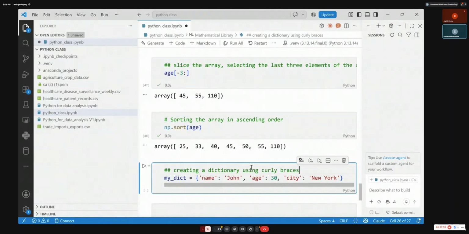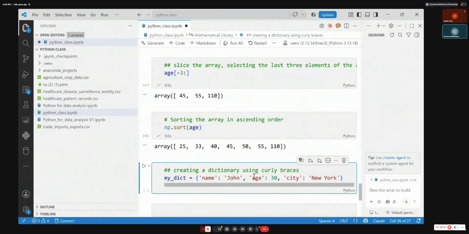But now it might happen that you say, no, my dictionary doesn't have just John. Maybe you have John and Muhammad. How can I have a dictionary that doesn't have just one value, but more than one value? So those values now, you specify them using a list.